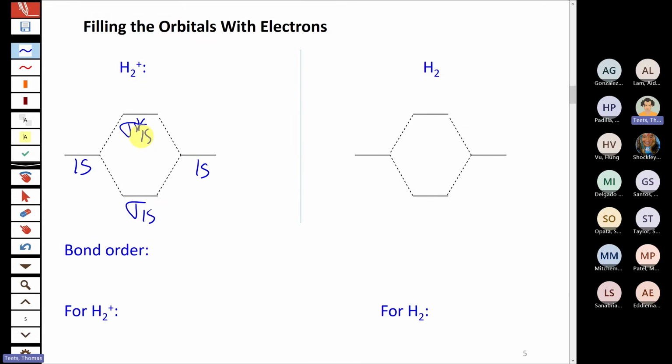So that's what the orbital diagram will always look like. Then you just have to put the correct number of electrons in it to make any predictions about the properties that we just talked about. So for H2 plus, we have to count the number of valence electrons like we've been doing for a while now. Hydrogen has one valence electron, so two hydrogens would have two valence electrons, but with a positive charge, you take one of those away. So H2 plus would just have one valence electron, one electron total, but it's a valence electron.